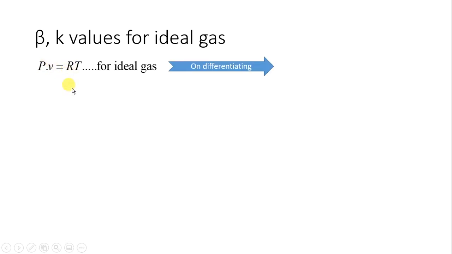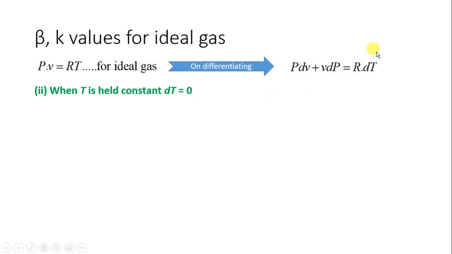Now we will see K value. Okay, again Pv, P small v specific volume is RT. So on differentiating, what we can write, again same, P dv plus v dP equal to R dT. Now in the last case we had held pressure constant. Now we will see what happens when temperature is constant. So this dT will become 0. So what equation you will get? P dou v at constant temperature plus v dou P at constant temperature is equal to 0. Why 0? Because dT is 0.